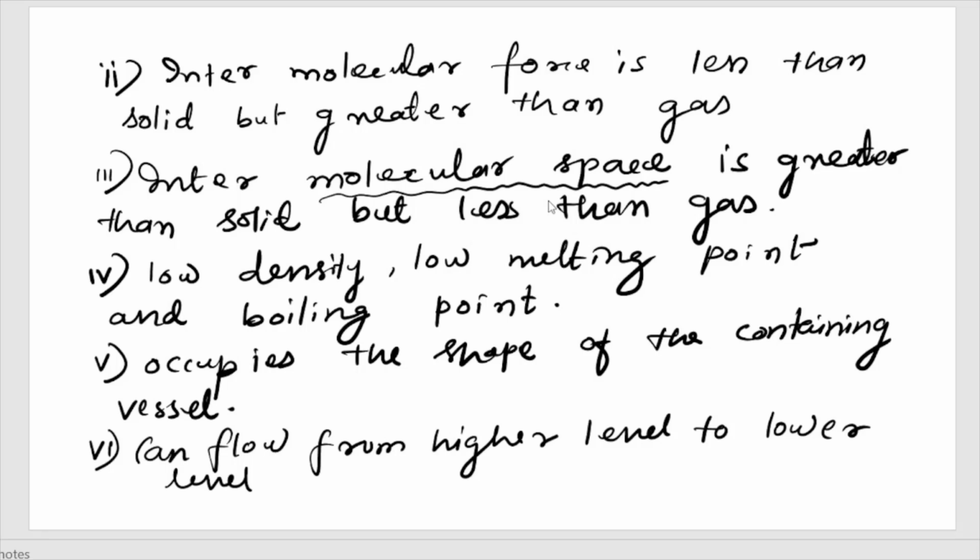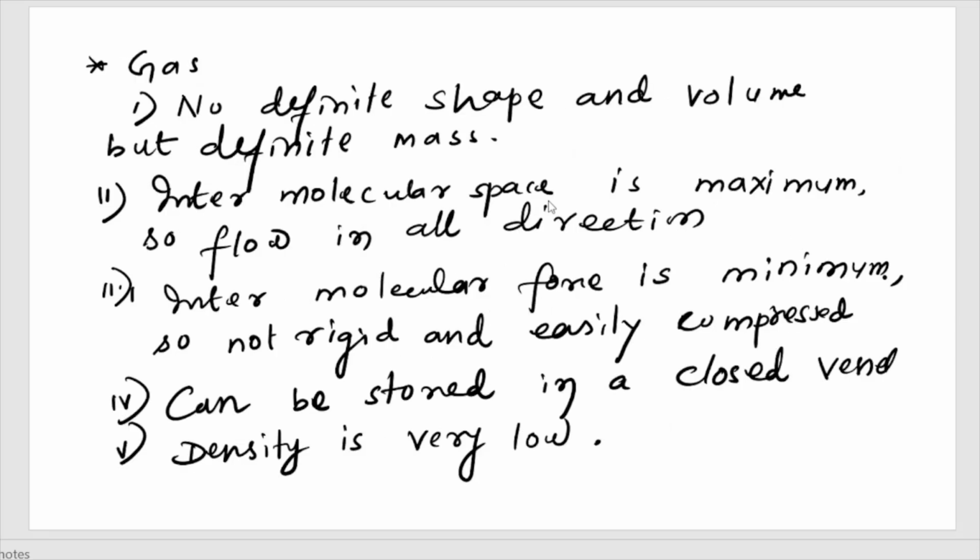जिसका लो डेंसिटी, हैवीनेस कम रहता है, लो मेल्टिंग पॉइंट, लो बॉइलिंग पॉइंट। और ये ऑक्यूपाई किसका शेप, कंटेनर का शेप ऑक्यूपाई करता है। और ये फ्लो होता है, ऊपर से नीचे तरफ फ्लो होता है गैस, जिसका शेप नहीं है, वॉल्यूम नहीं है, मगर डेफिनेट मास है। डेफिनेट मास मीन आज 2 किलो है तो कल भी 2 किलो रहेगा। शेप, इट ऑक्यूपाई द शेप ऑफ द कंटेनर, वॉल्यूम ऑफ द कंटेनर।